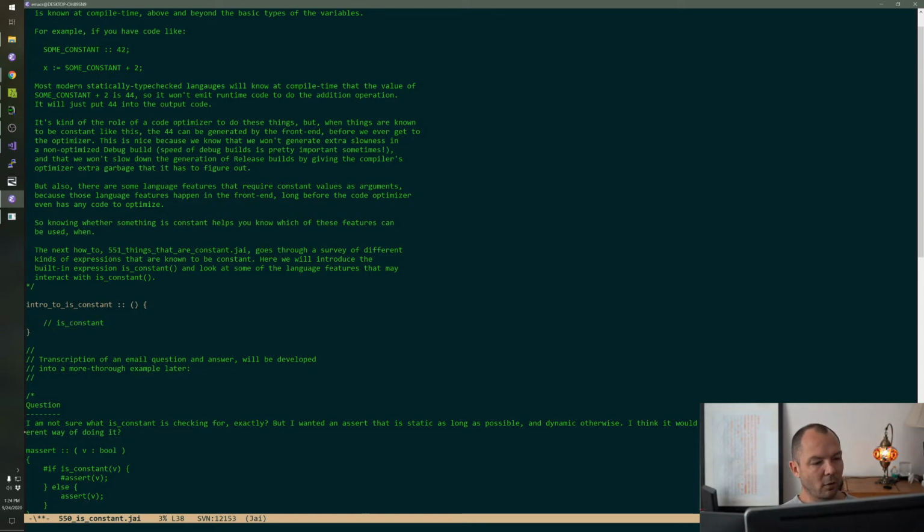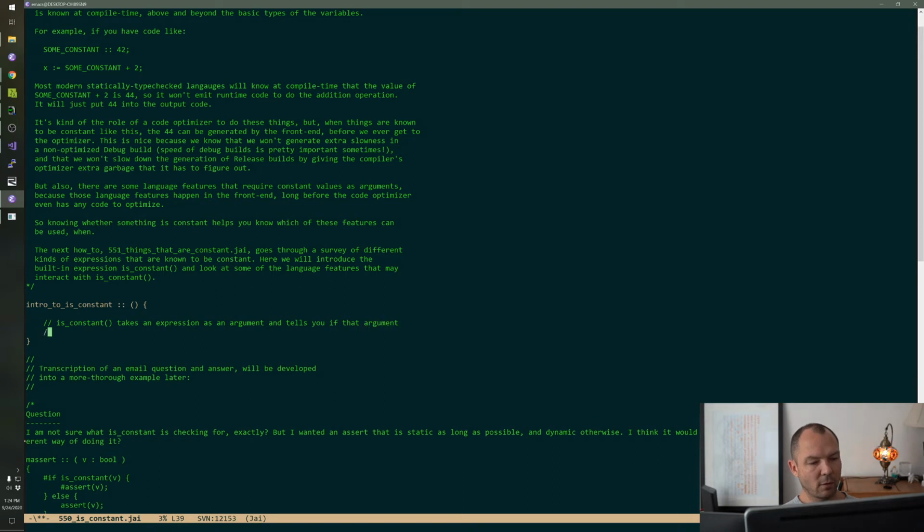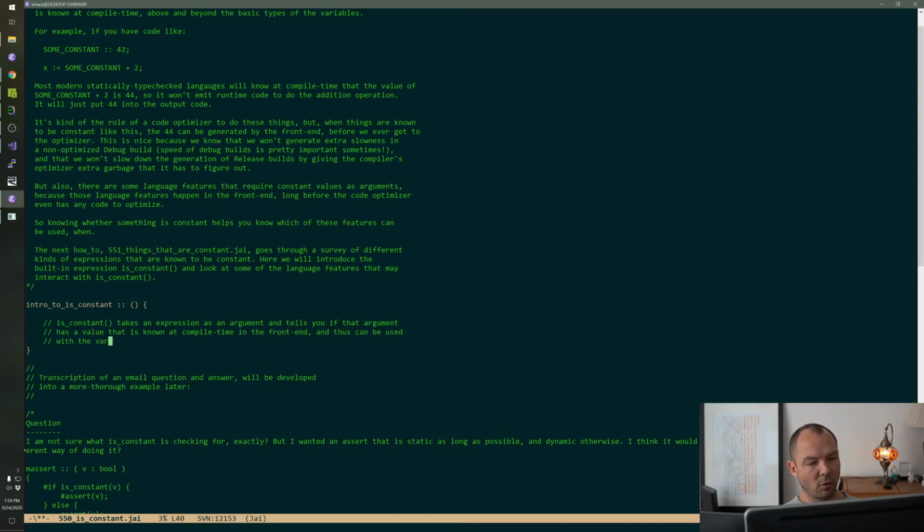Is constant takes an expression as an argument and tells you if that argument has a value that is known at compile time in the front end and thus can be used with the various features that require constants.